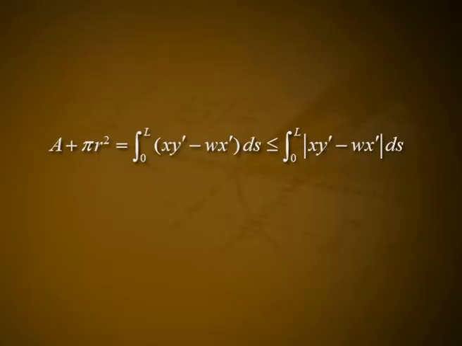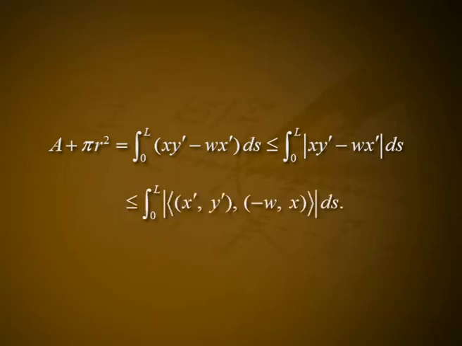Thus, A plus pi r squared is equal to the integral from 0 to L of x y dash minus w x dash ds, less than or equal to the integral from 0 to L of the modulus of x y dash minus w x dash ds,